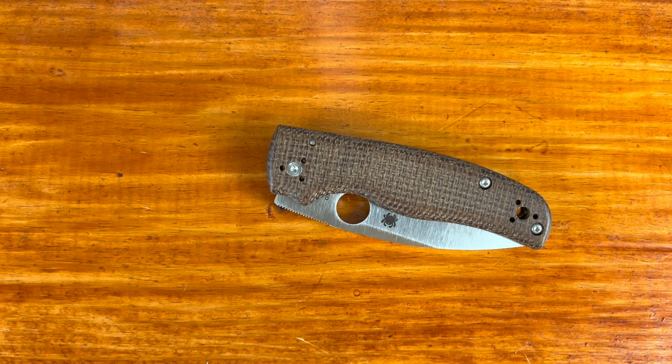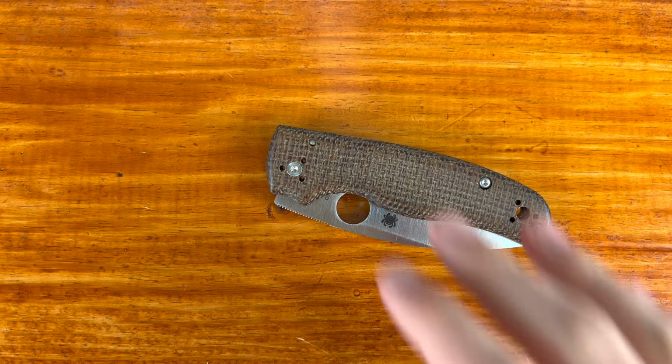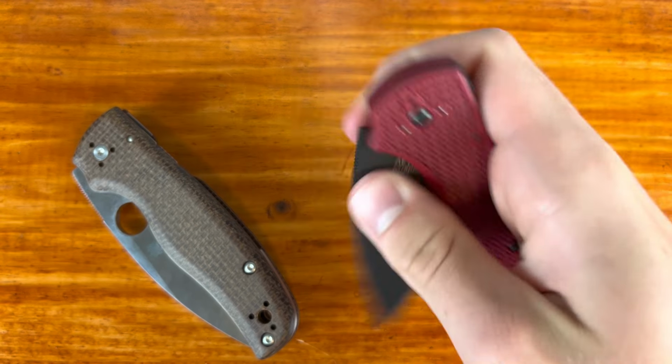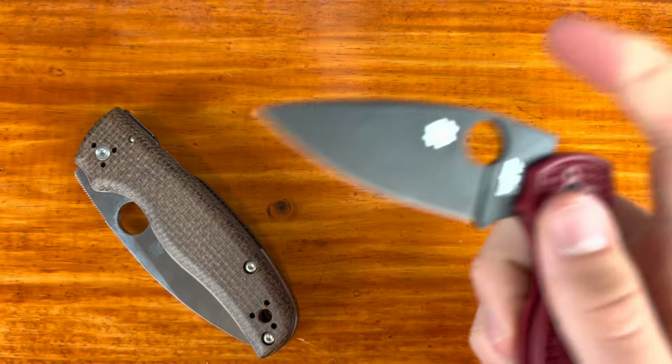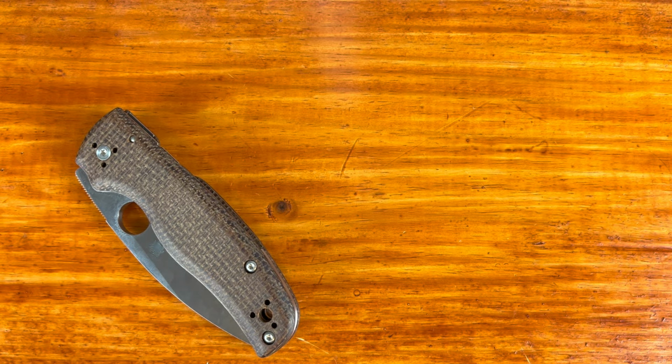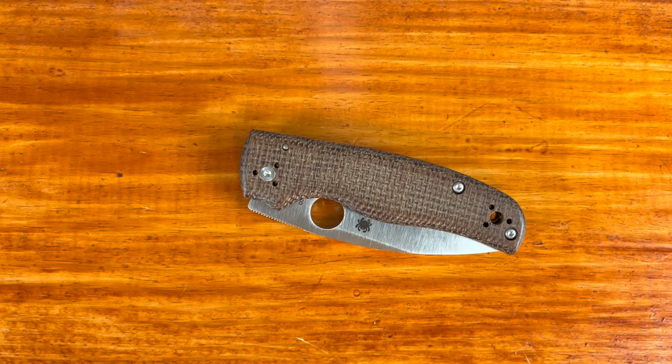Compression lock, it's a good locking mechanism. Other than the facts with ergonomics and the nub, I do like the ease of opening one-handed and closing one-handed, because with the back lock, it is kind of an extra step in there. But it's one that's worth it to me. So a lot of times it's not for some people, but I do still like the compression lock as a